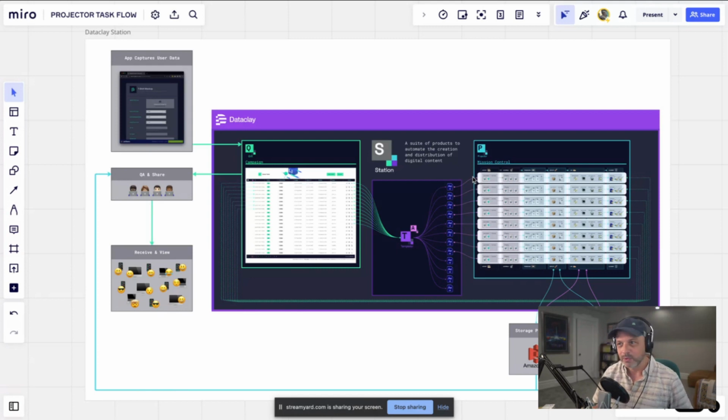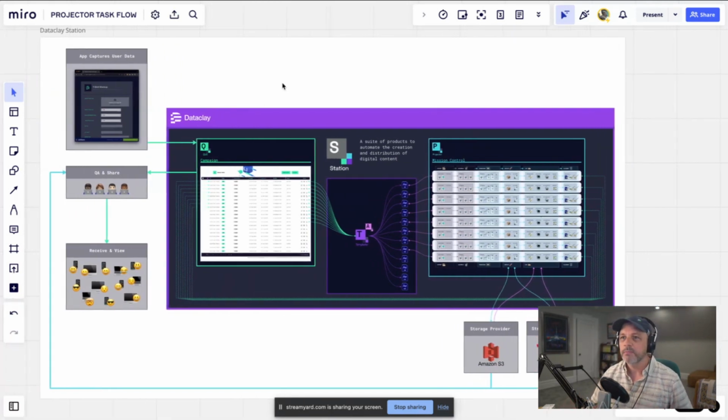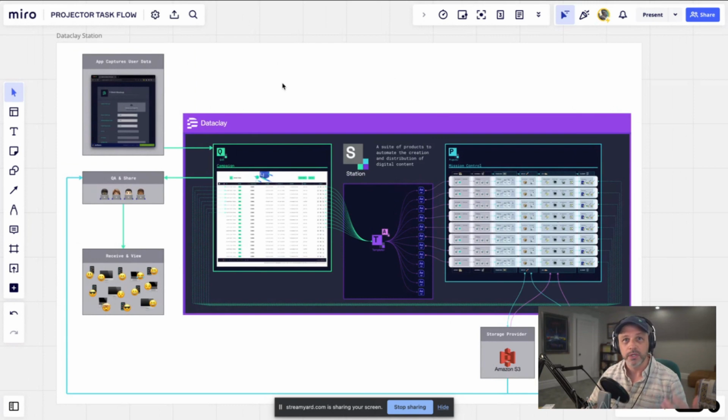And as a set, we're starting to call it Dataclay Station, where if you have all three of these, you are really set up to create and broadcast the content that you are producing with data.